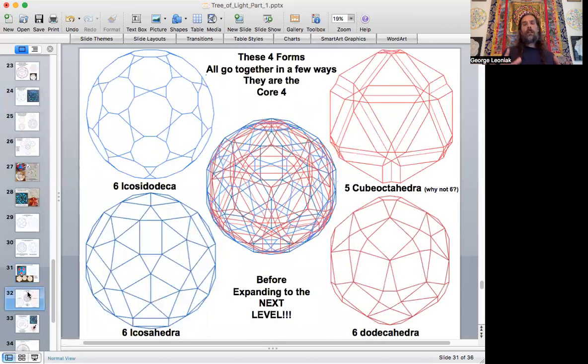So I'm getting close to the end of the presentation of just part 1, because I have a lot more than I thought I'd get to, but I believe this is going to be a couple parts, like I said. These 4 forms all go together in a few ways, and I'm going to call them the core 4 here because, as I built out the stellation diagram, I saw that they were going to continue to repeat in a number of ways, which I'll get to, and they're going to be the growth for the next level